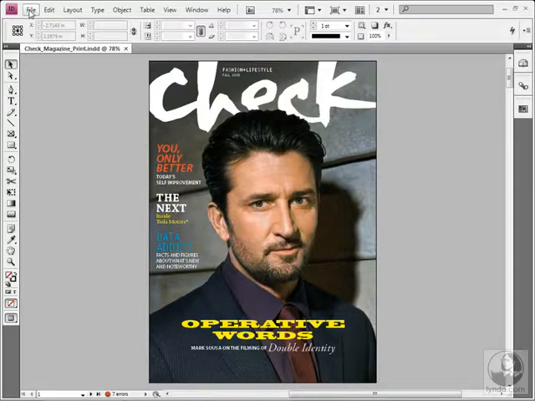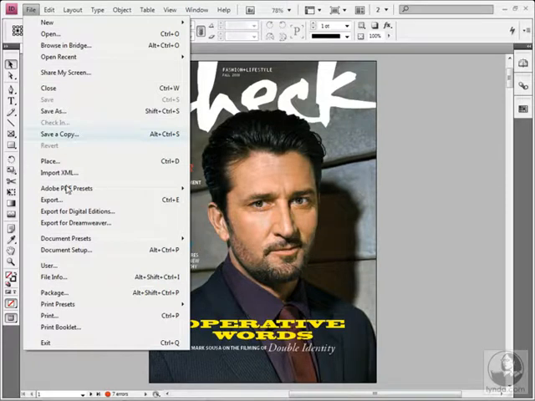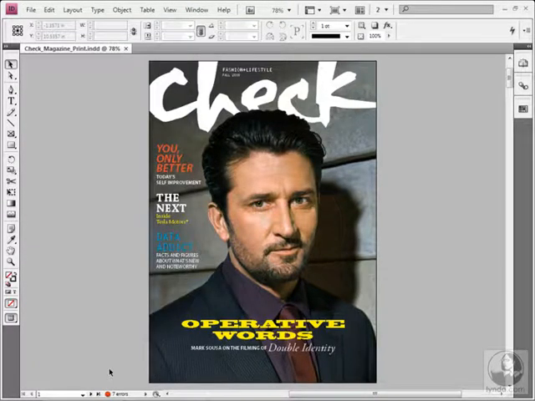It was something that you used to access under the File menu, but notice that there's no Preflight command here anymore because the Preflight command has been redone from the ground up now. Preflight used to just check for a limited number of conditions, things like missing fonts, missing links, and a few other things, but not much else. With the new live Preflight feature in CS4, you can check for dozens of conditions using something called a Preflight